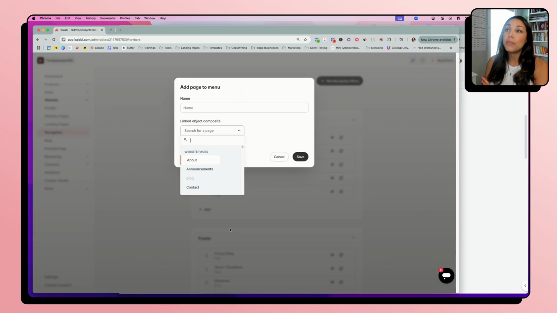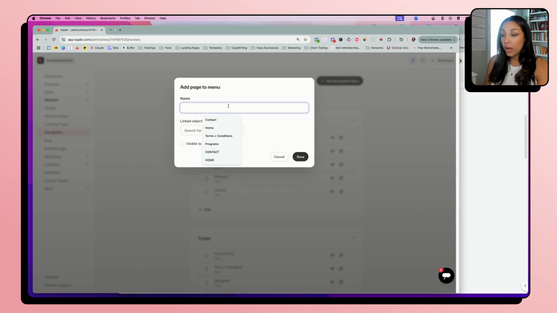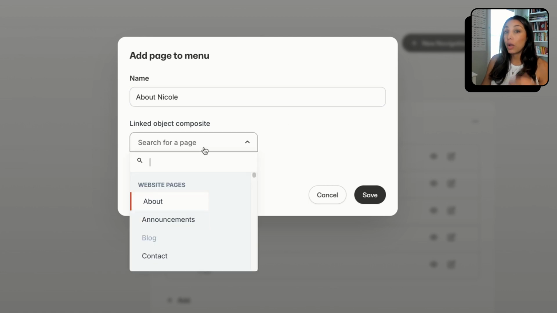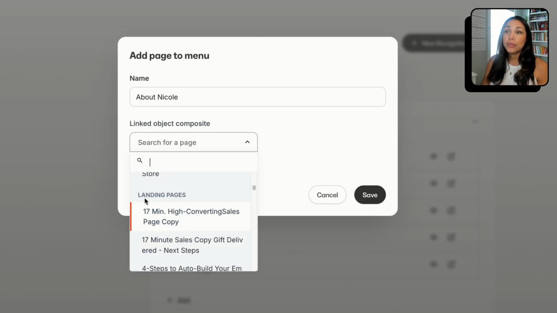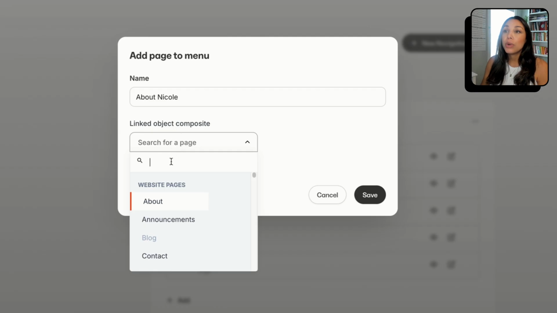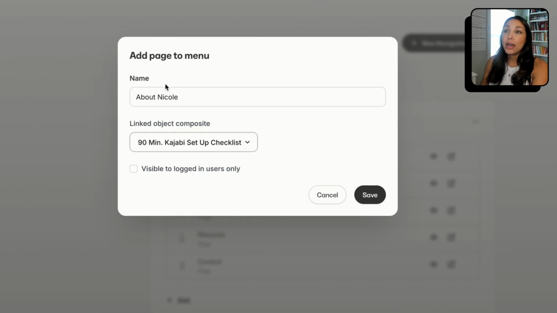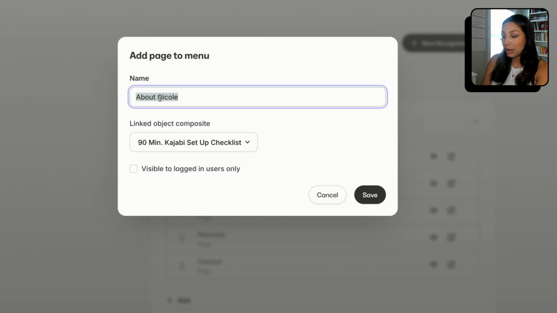So if I select this one, I can name this whatever I want. So if I wanted this to say maybe about Nicole, then I'm going to search for the linked object. So am I searching for a website page or searching for a landing page? Doesn't matter. All of my pages are going to be listed here for me to link to. So for example, if I wanted to link people directly to my main lead magnet, which could be my 90-minute Kajabi setup checklist, I could click that. And actually I want to change that name, right? So this might be my